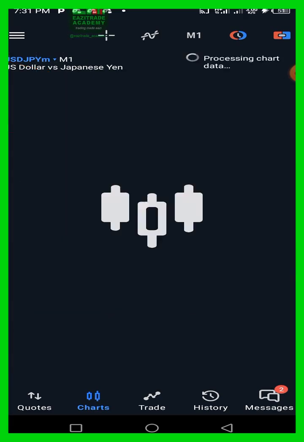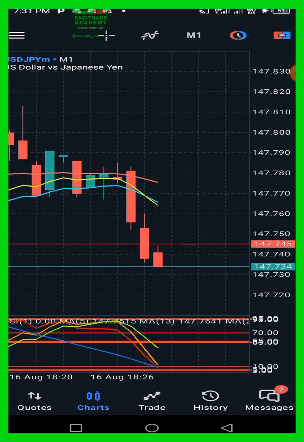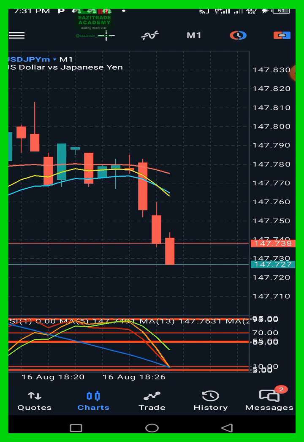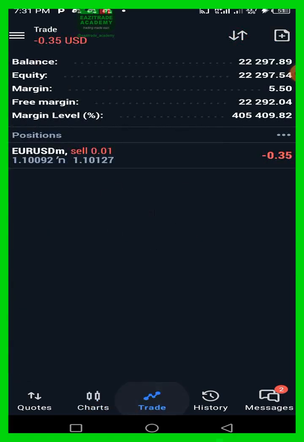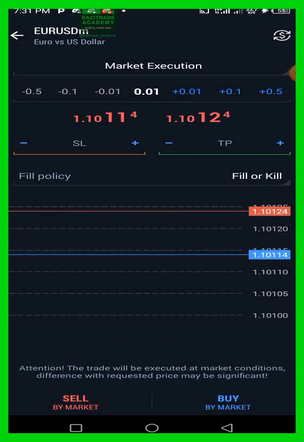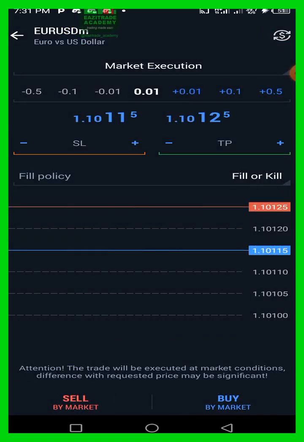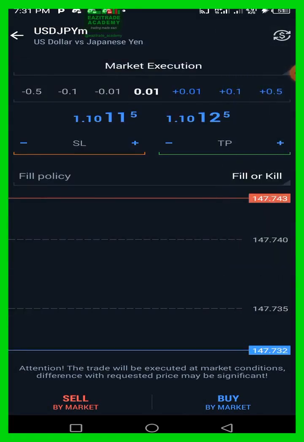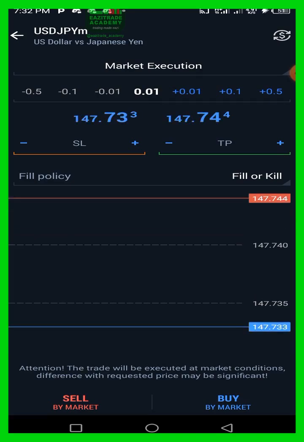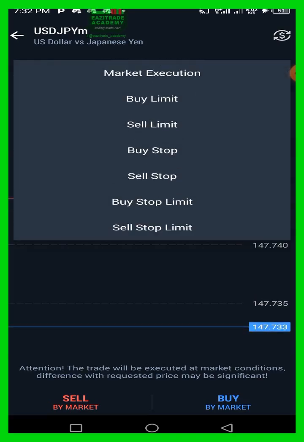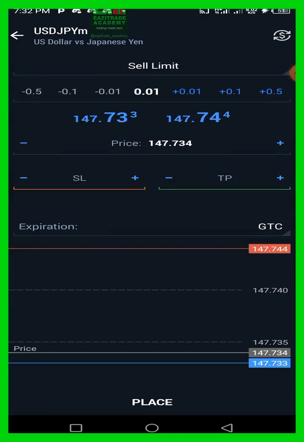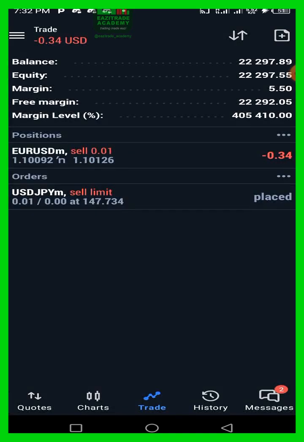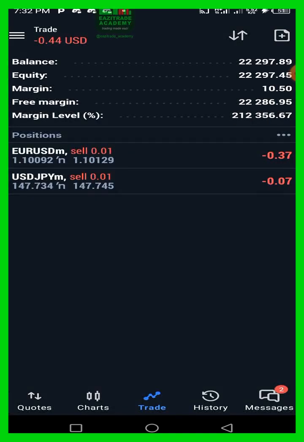All right, so let's go to 1 minute. On 1 minute, we can see that the price is already going down. So let's take a dive on this trade. USD JPY. We want to use sell limit for it. I've placed it. So once it peaks, now there should be